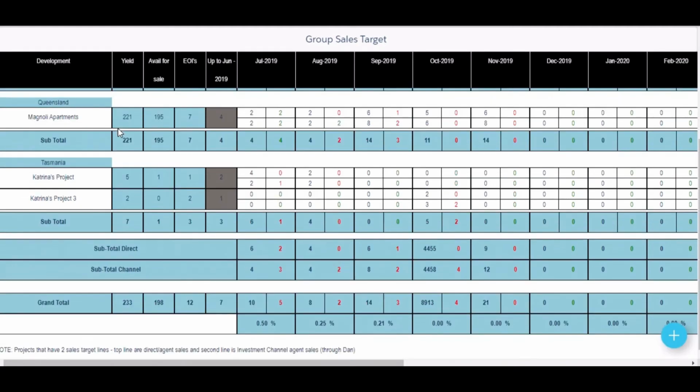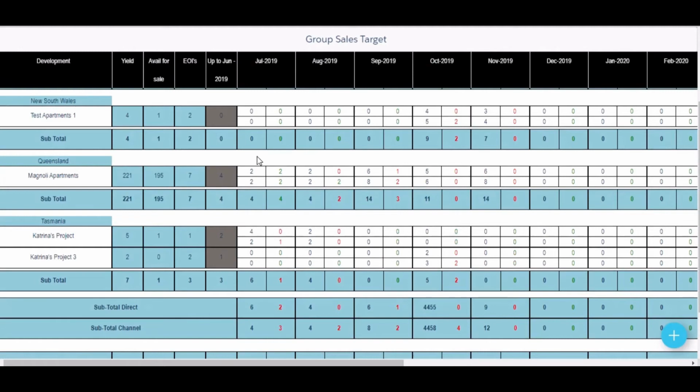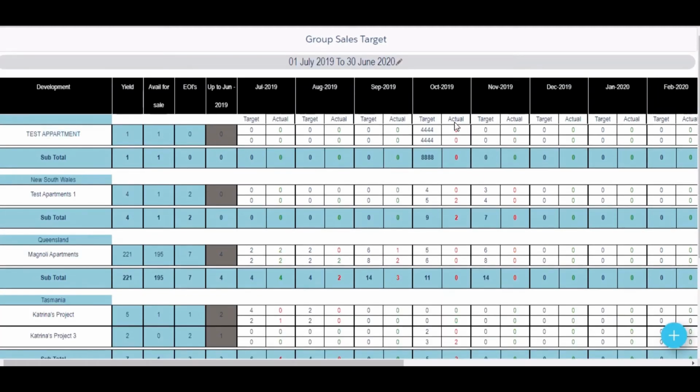Here is the development section, that is the record that comes with the property base package, and it holds the listing types related to it. So now we are going to analyze each and every development by financial year. Suppose this is a test apartment, which is the apartment name, and we are going to use it. This is the test record which I have created for the demo purpose only.